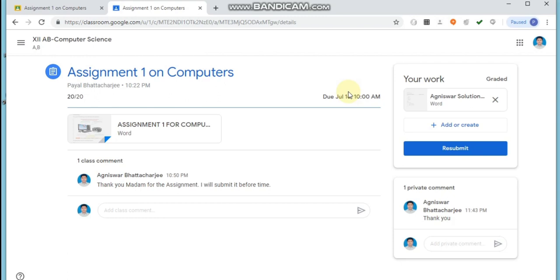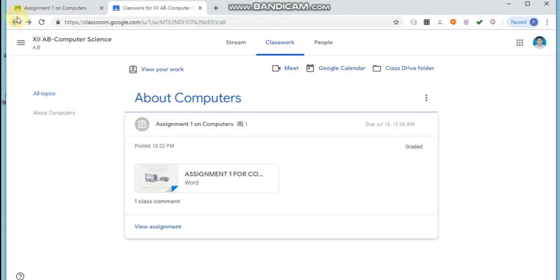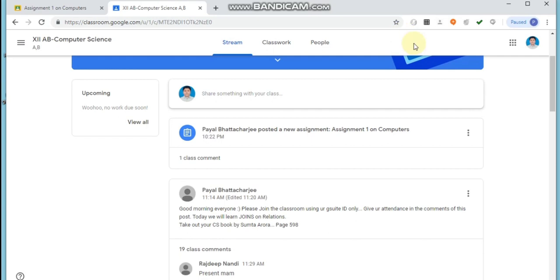From the student side we have seen how the student will give back the solution, and then after the teacher grades the solution, how the student will be able to see what grade he or she has got in the assignment work. So in this way you can work in Google Classroom. Thank you so much.